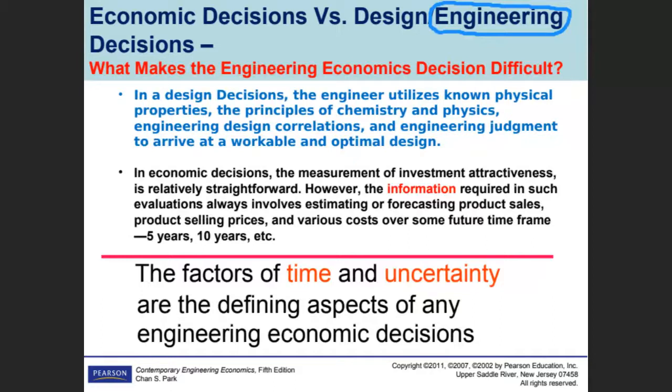Let's say you want to design something, as an example, in design decisions. If you are an engineer designing a machine, a robot, you use available physical science knowledge of chemistry, physics, and engineering design. So you come and make an optimal design, which is easy. Easy means the knowledge is available. You have a ready-made product available in front of you.